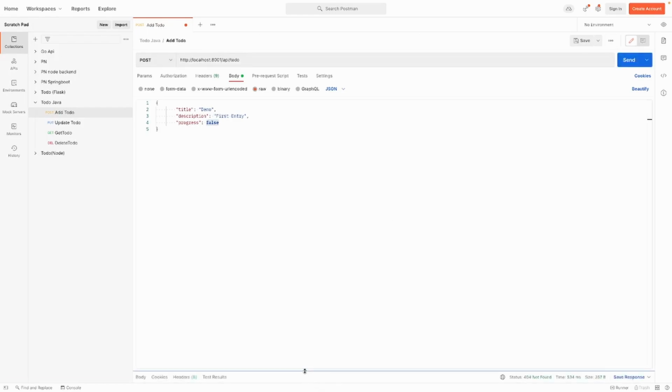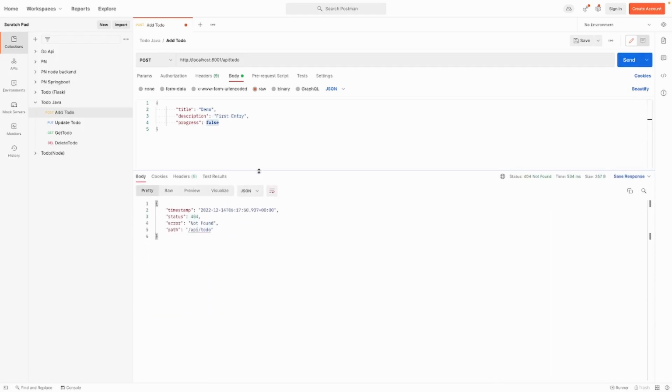And actually, let me pull this up. Oh, see? So this is the first time that I've seen that an error might be a good thing. But remember what I said with the request mapping. If it doesn't match the exact structure of the one that we defined, the SpringBoot application is not going to know what to do with it, right? We don't have anything with /API/to-do, right? We have v1/API/to-do. So we're going to have to put that in